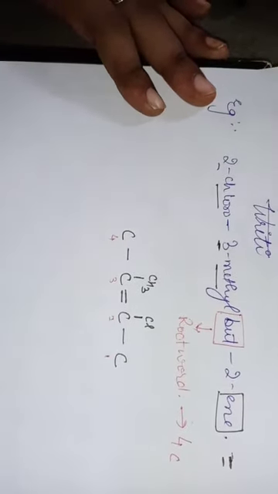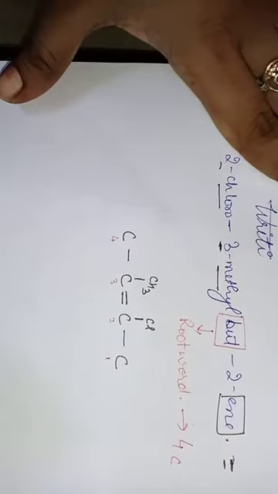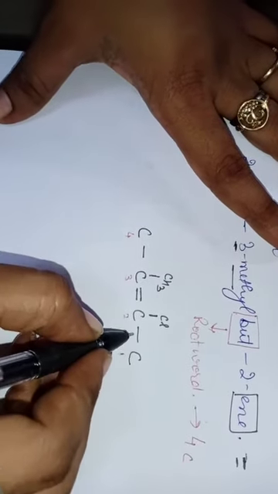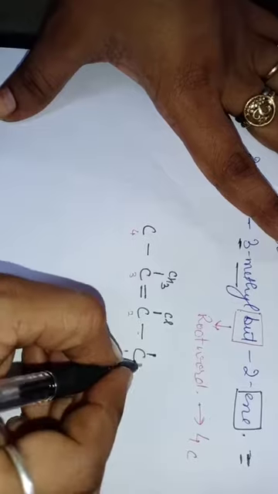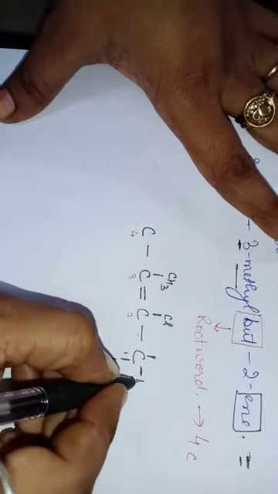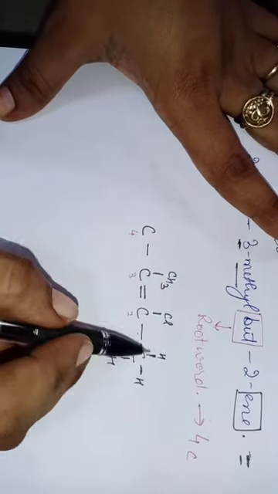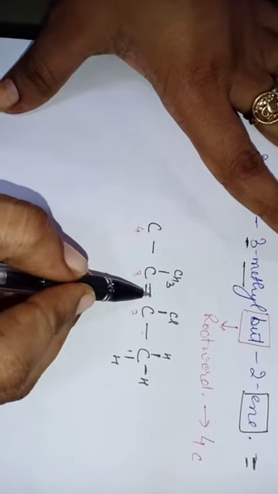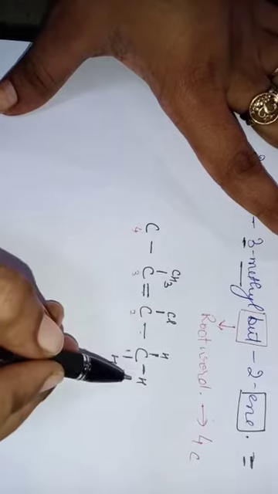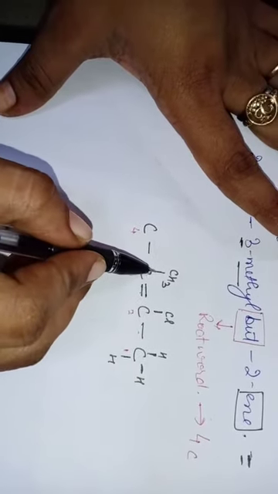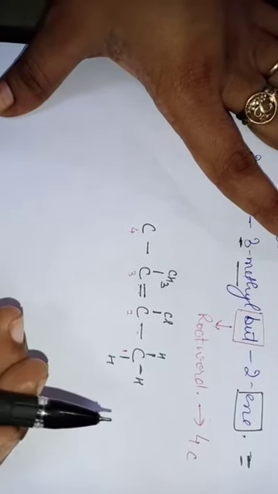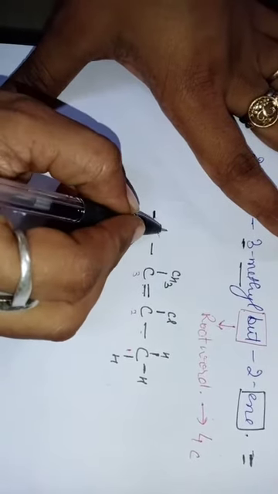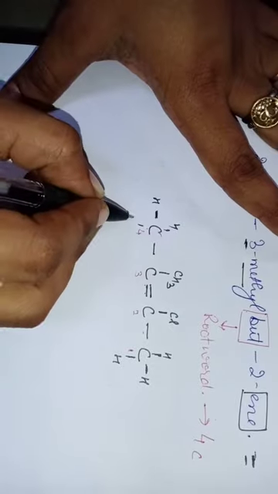Now the last rule says that you have to satisfy the valencies of the carbon using hydrogen. So see here, the first carbon atom, it has only 1 bond. The rest 3 bonds will be with hydrogen. Satisfied? This carbon has 4 bonds now. Now see the second carbon, it has already 4 bonds, 1, 2, 3, 4. So no need to draw. The third carbon atom, 1, 2, 3, 4 bonds already there. Now the fourth carbon atom, see here, it has only 1 bond, the other 3 bonds are with hydrogen.